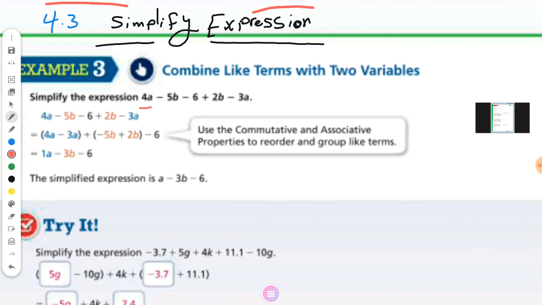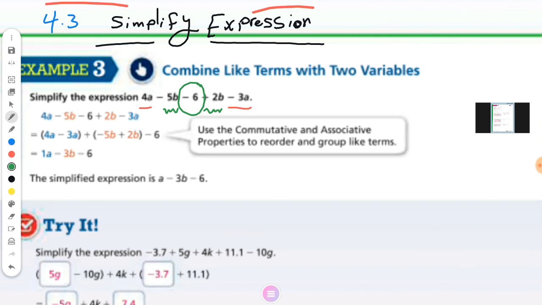Okay, I will make a dash for a, for the letter, so a for a, what else? Negative 3a, this is the first group, okay? Second group, it will be negative 5b, okay, plus 2b, the same. And the last number, negative 6, is alone. It has no like terms, the numbers, okay? I have only 2 like terms for a and 2 like terms for b. I will collect them together. As you see here, I collect them